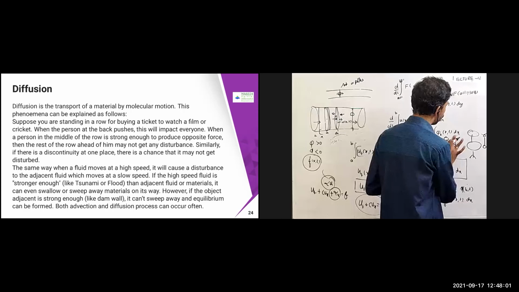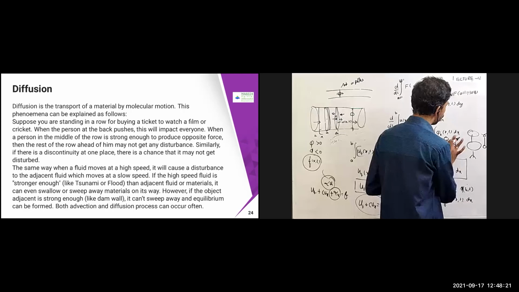That is again a fluid, high speed fluid, which is very strong. That is the reason the flood or tsunami is going to sweep away all the particles in between also. So it will sweep away all the materials. However, if the object which is standing here is strong enough,